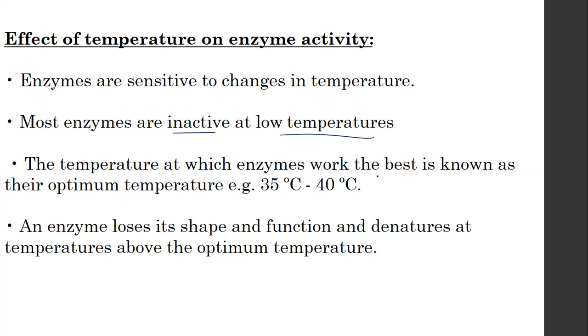But the temperature at which enzymes work the best is known as their optimum temperature. For example, they can work best within the range between 35 degrees Celsius and 40 degrees Celsius. This is the optimum temperature at which enzymes can work best. But an enzyme loses its shape and function and denatures at temperatures above the optimum temperature. So now when you talk about high temperatures,